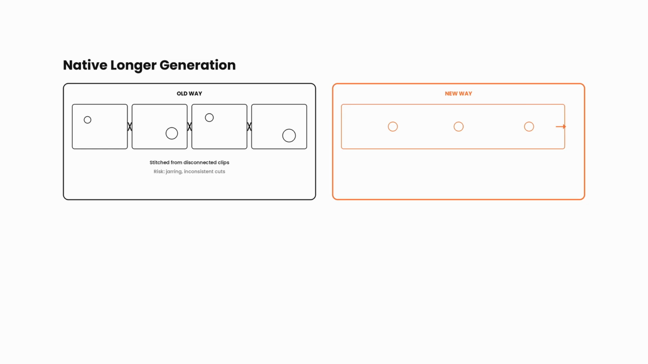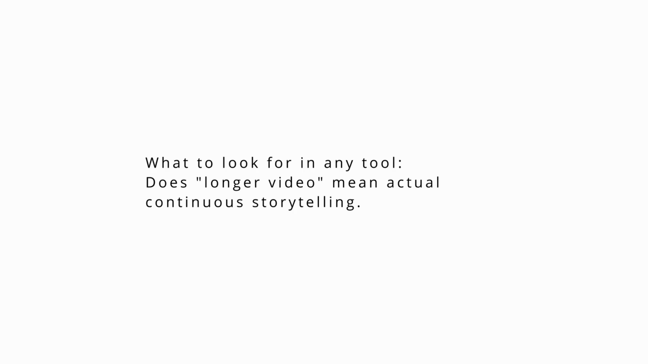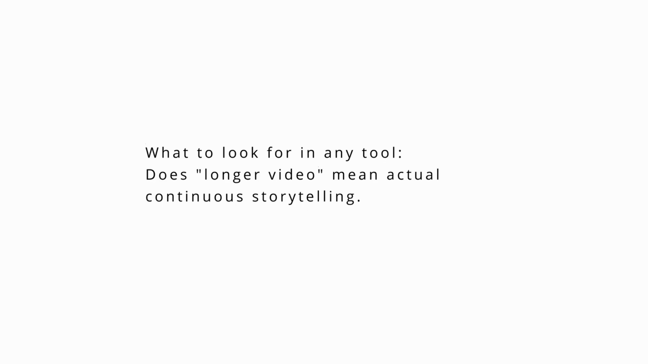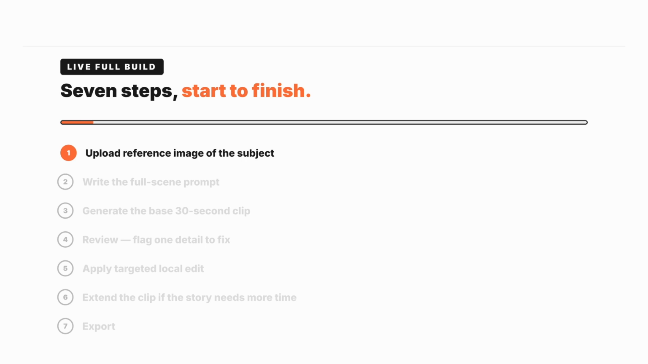I'm taking that 30-second, or maybe 15-second, base shot and extending it. Same character, same setting, same motion, continuity carried forward, not a new disconnected shot bolted on. What to look for in any tool? Does longer video mean actual continuous storytelling, or does it just mean here are more short clips, go stitch them yourself? Alright, let's pull all 4 fixes together and build one complete piece from start to finish